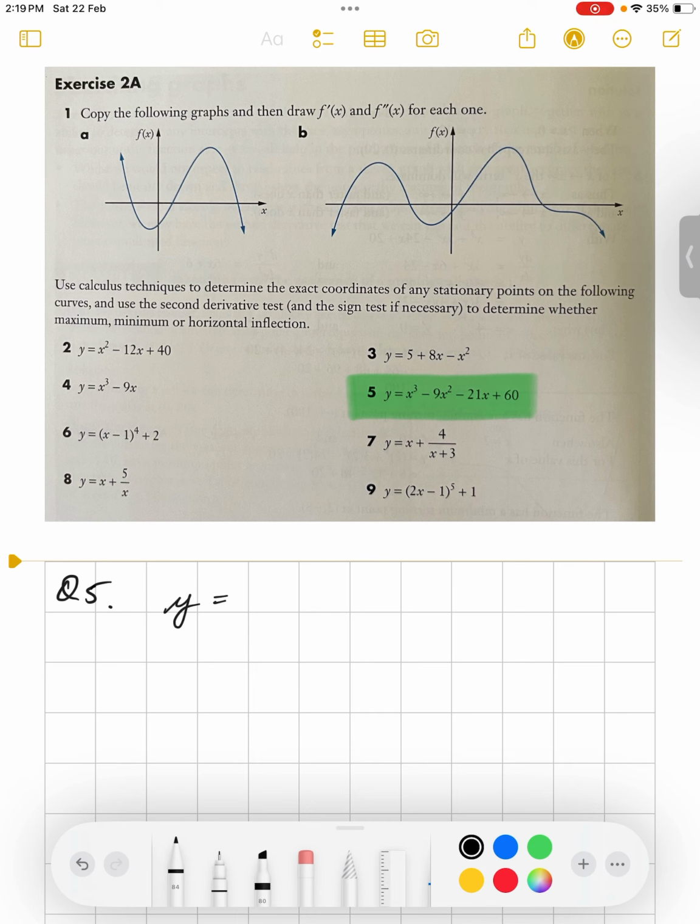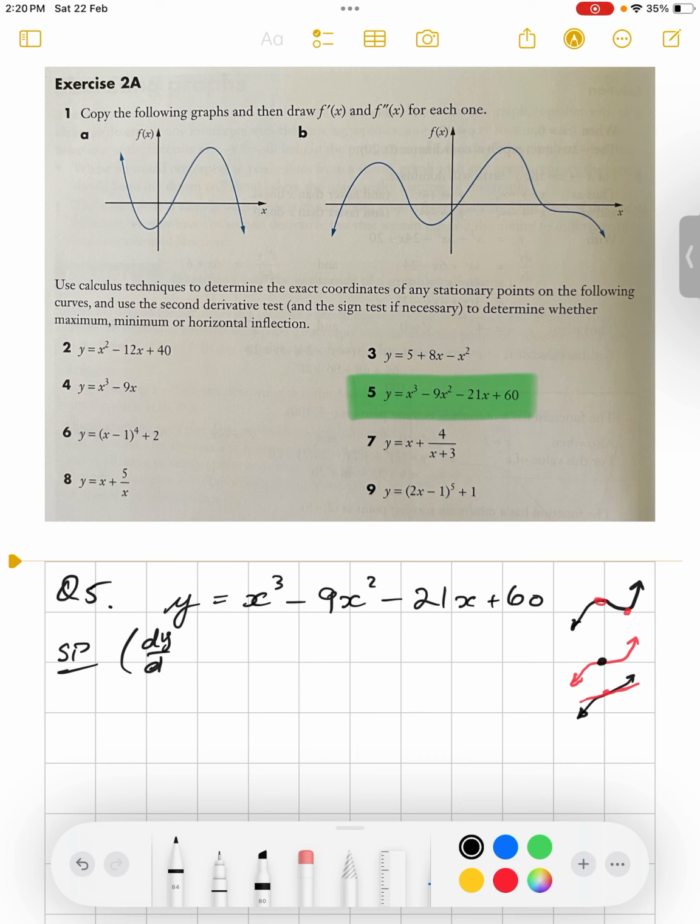So we've got our function. It's a cubic. And with a cubic, and it's a positive cubic, so it'll be going up at the end. We could have two stationary points, or we could have just one, or we could have no stationary points if it's actually got a point of inflection. Well, let's find the stationary points, and that's when the